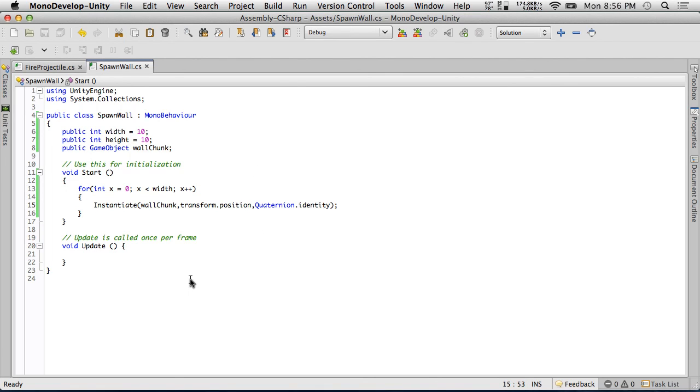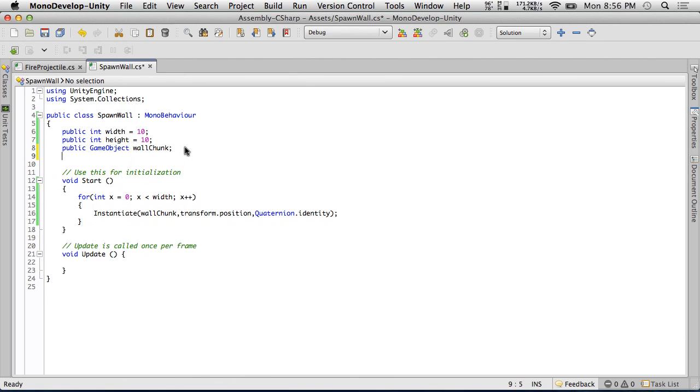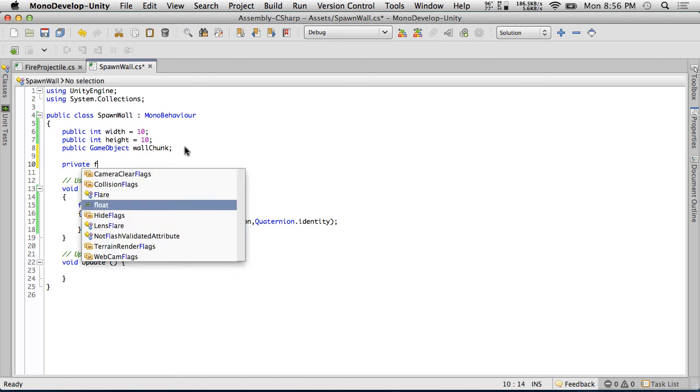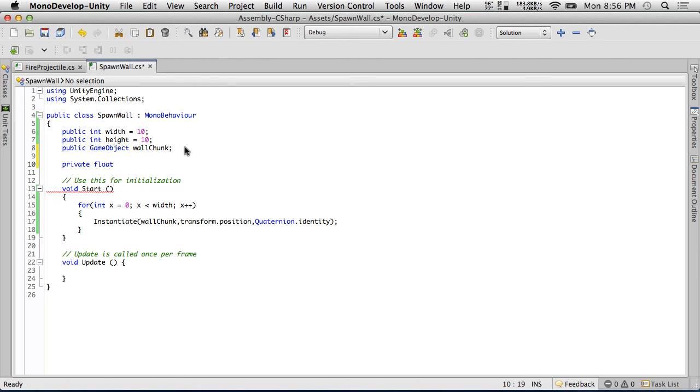Really easy. We just need to add an offset to this spawn position appropriately. One of the things that we're going to need to know is how big the object is that we're spawning. So I'm going to grab that information from the object itself. Let's create a private variable to store this. So we're going to do private float chunk width,